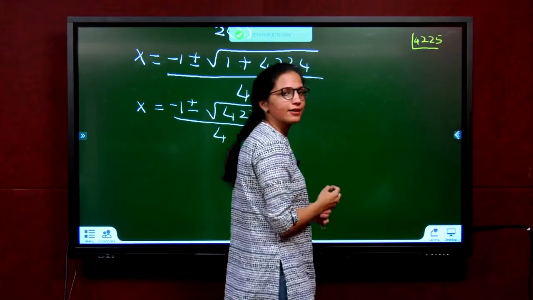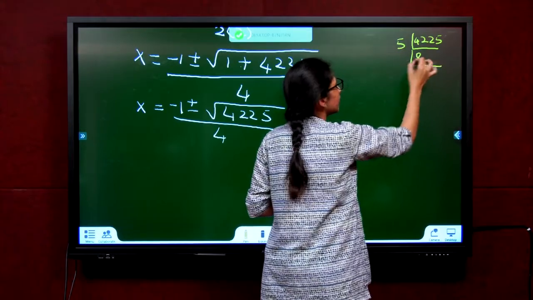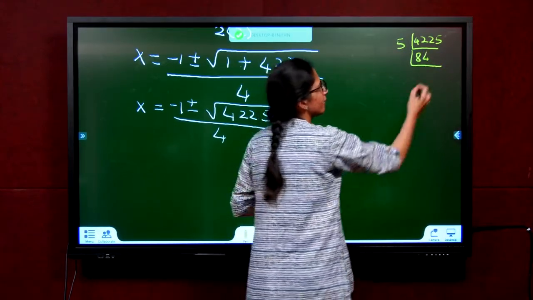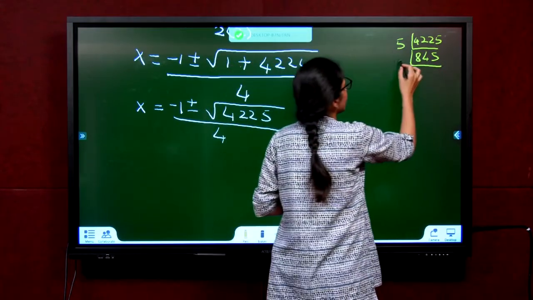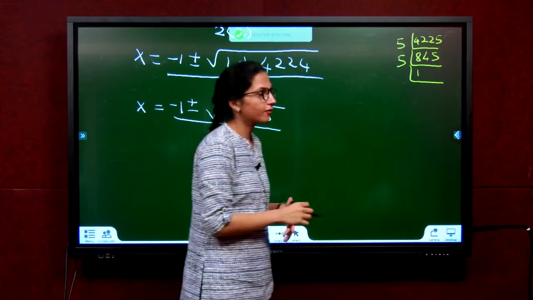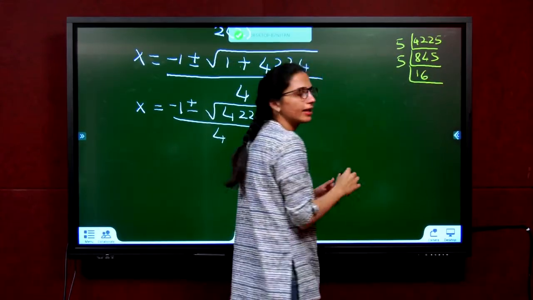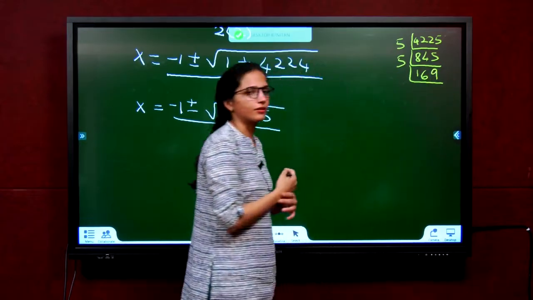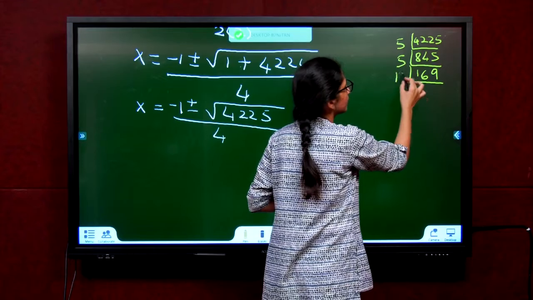4225. If I divide it by 5, 5 8s are 40, 5 4s are 20, 5 5s are 25. Again goes with 5, 5 1s are 5, remainder 3, 34, 5 6s are 30, 45, so 5 9s are 45. 169, we will next go with 13,